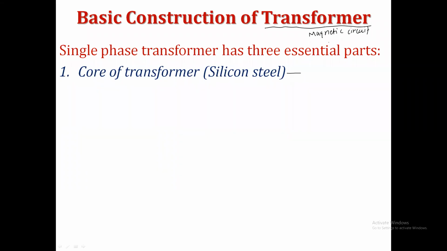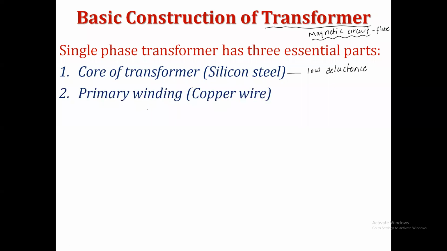Though it transfers the electrical energy from one point to another point, it works on the magnetic circuit. That's why this point is added in the magnetic circuit unit here. And we know that in a magnetic circuit, the movable part is the flux, and the opposition to the flux flowing through the material is nothing but the reluctance. And this silicon steel will offer low reluctance. That's why the core of the transformer is made up of silicon steel material. This is the first essential component of a transformer here.